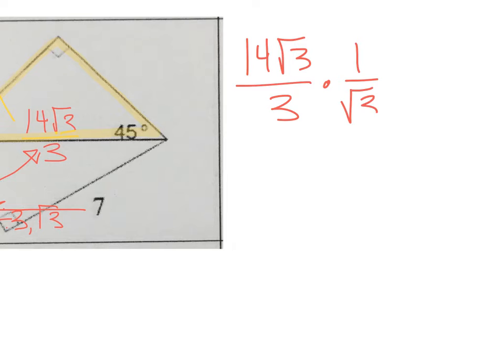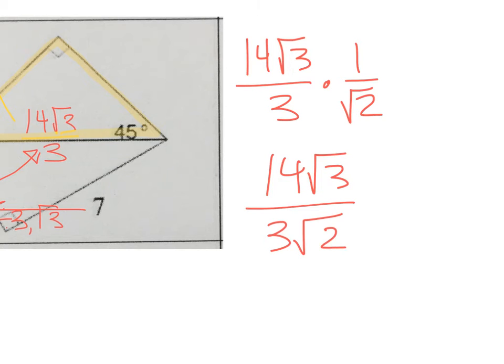same thing as multiplying by 1 over root 2, by the way, because a fraction divided by a fraction can be very confusing, so let's multiply instead. That gives us 14 roots of 3 over 3 roots of 2. Okay, which is not something that's very good, by the way,